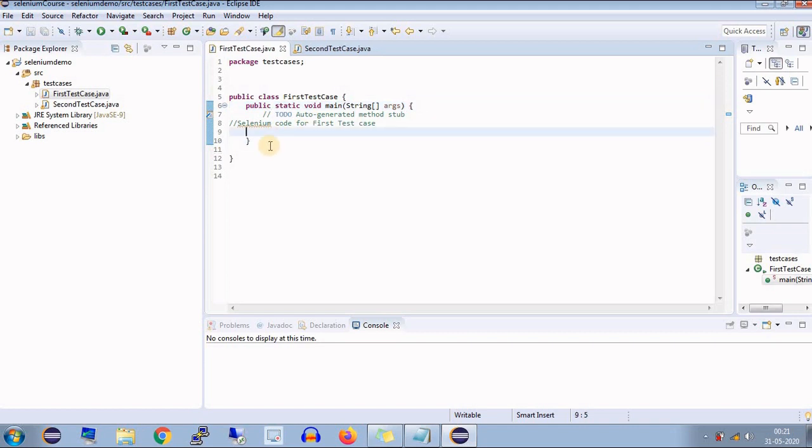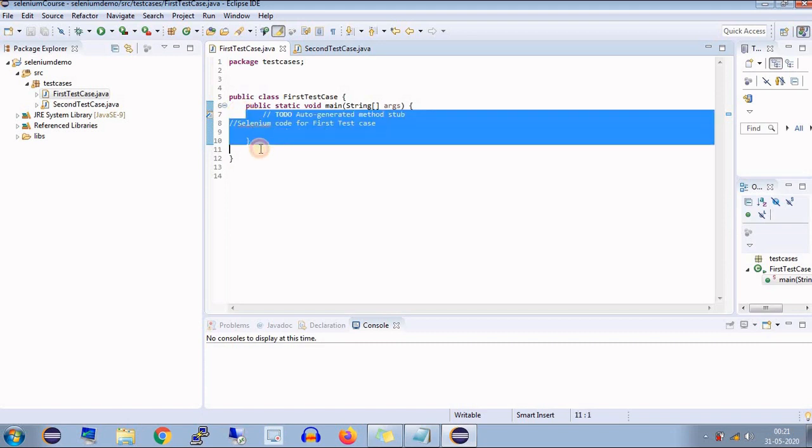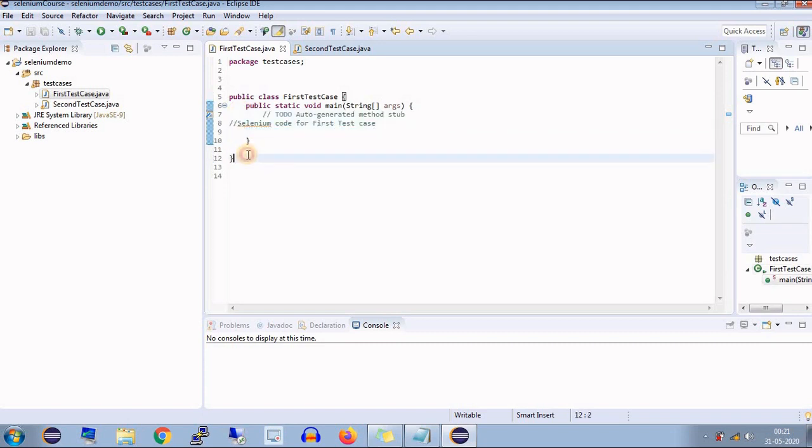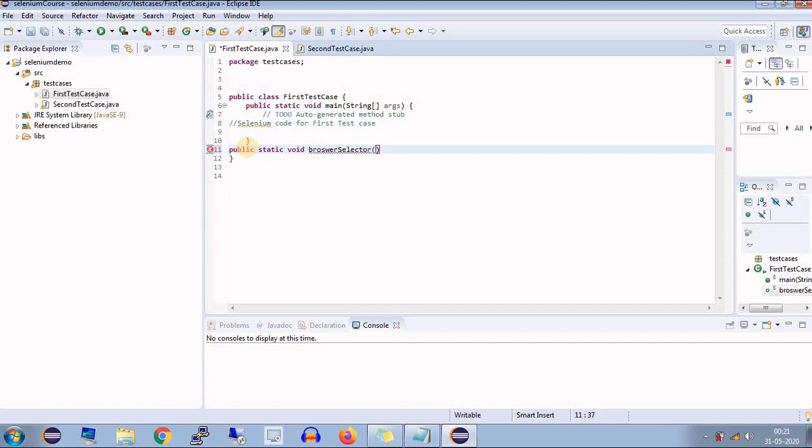So let me start with the new method public static void, and that method name will be browser selector. So the selection of browser code will be placed inside this method. So for browser I will create one string. Browser is equal to Firefox is the value of the string.